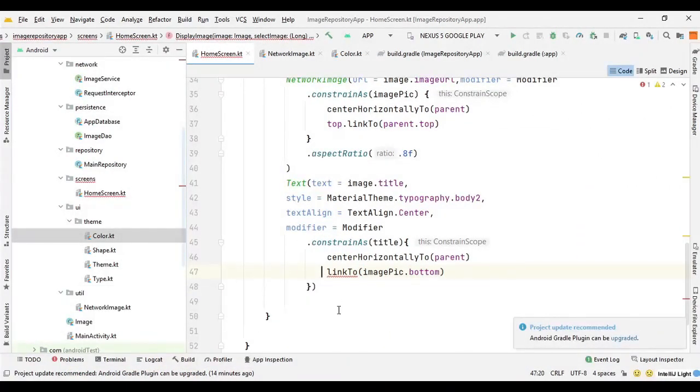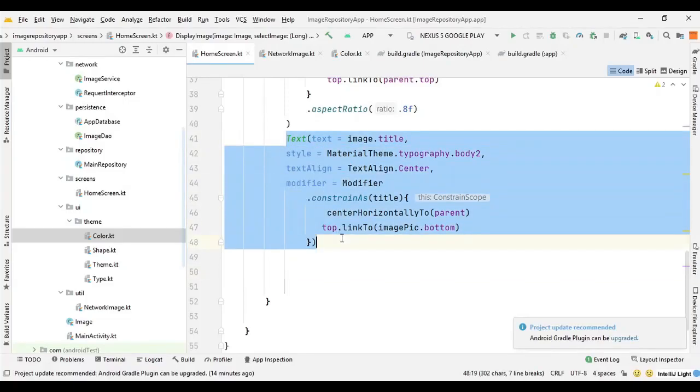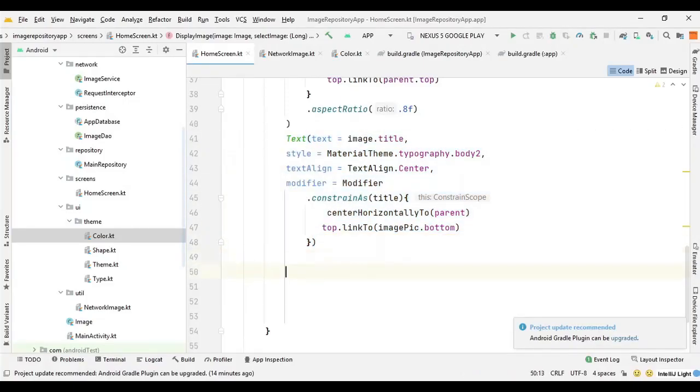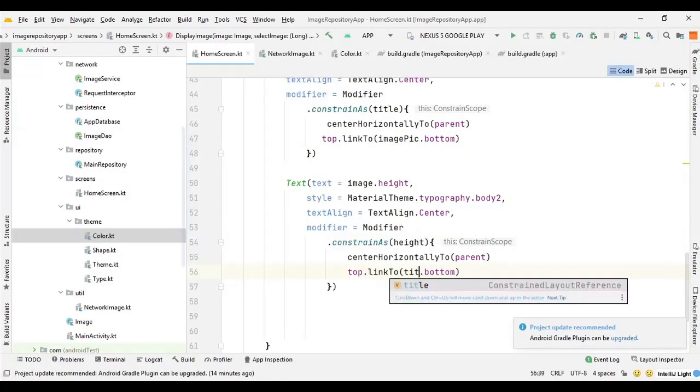and here we need to provide the top actually. So top to the link of image bottom, and then we need to do the same thing with the height, so we can just copy it and paste down here. And for text we can say image dot height, and for constraint we can provide the height. Here we can say top dot link to title dot bottom,